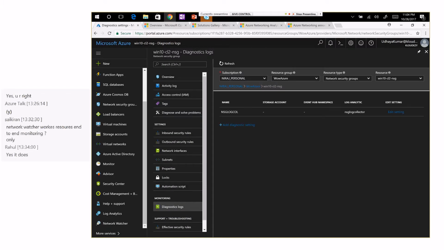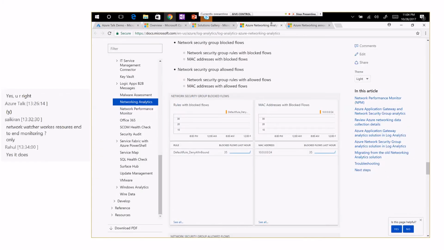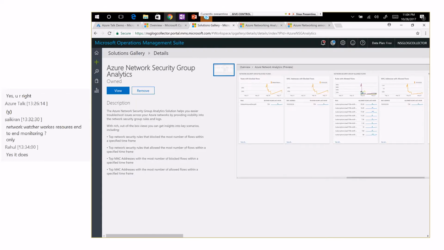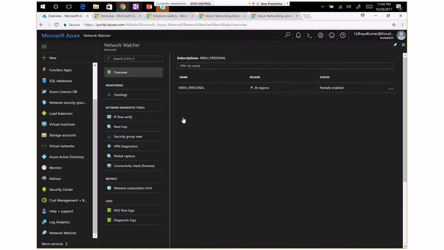How do you check the IP flow and verify which VMs can talk to which one? Rahul, you can also speak up if there is anything I didn't cover, you're a networking guy. When you go into Network Watcher, there is IP flow verify and the flow log, and there you can look. Uday, if you can go to the portal. That is called Network Watcher Flow Log, where if you click on it, you will get the entire diagram of how the VMs communicate and where the packets go.